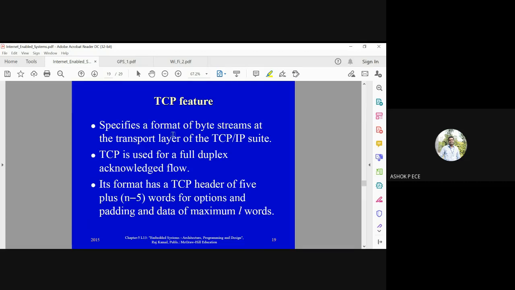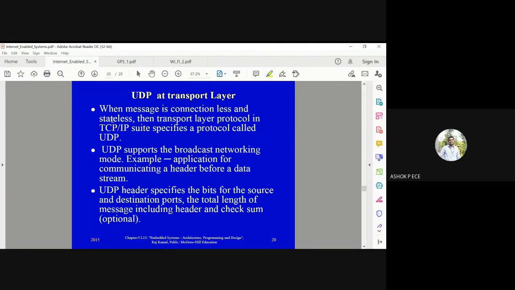Okay, so TCP is used for full duplex acknowledged flow. Full duplex means you can send and receive at the same time, and acknowledge means some sort of reliability is there in TCP. Okay, if anything is lost, TCP will ensure that the lost data is retransmitted again. And UDP as a transport layer is going to be for broadcasting. Broadcasting means I'm not bothered about whether the people are receiving or not.